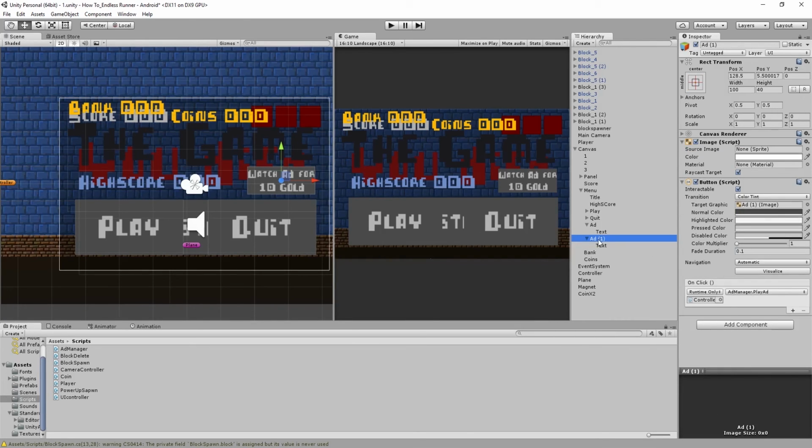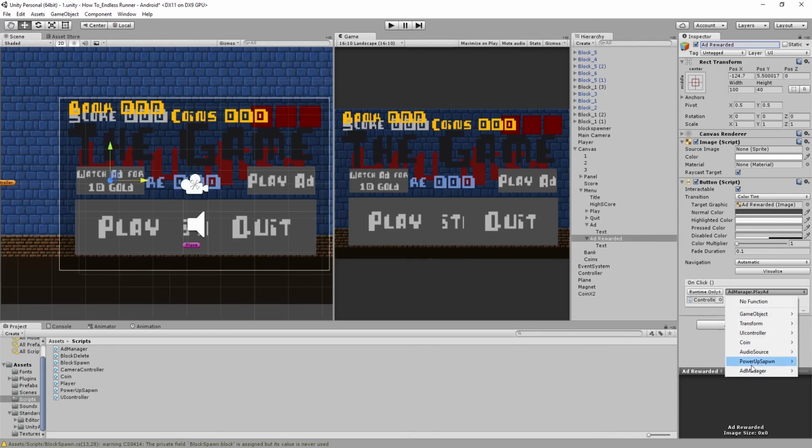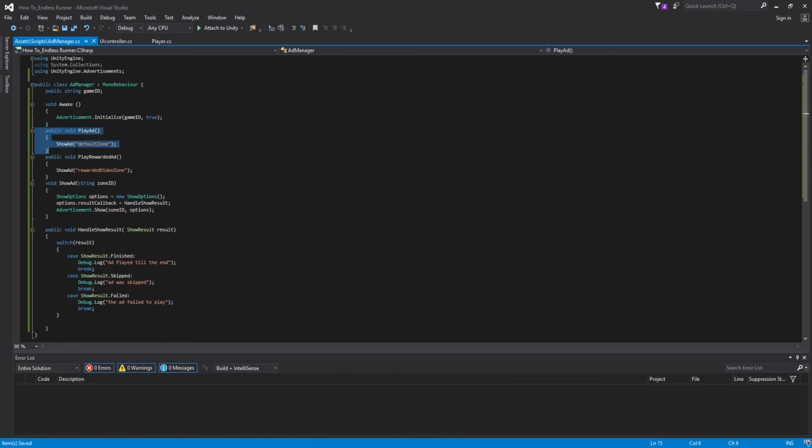So now that we have this one, we might just change the name of this just to make it a little bit easier for us to remember. So we'll just call it rewarded. And then we'll grab this and just move it over. We'll just cover the high score for now because we'll fix all this up in the next one. And down here, instead of just going to play ad, we want to go to play rewarded ad. And now, if we just go into our script for a second, you'll see that play ad is putting it in at the default zone, play rewarded ad is putting it in as the rewarded video zone. And then if we come back in,